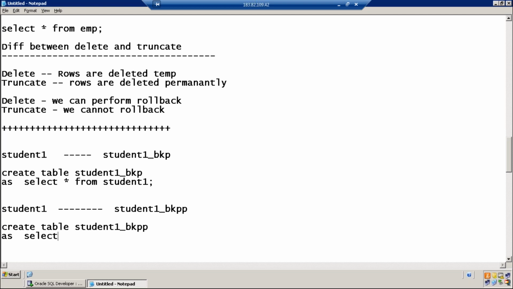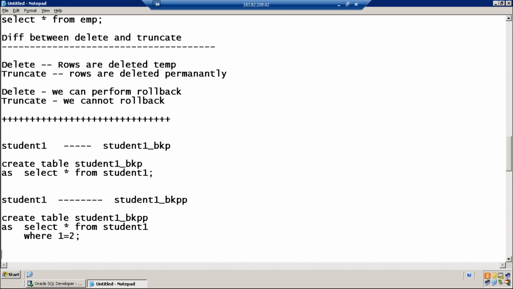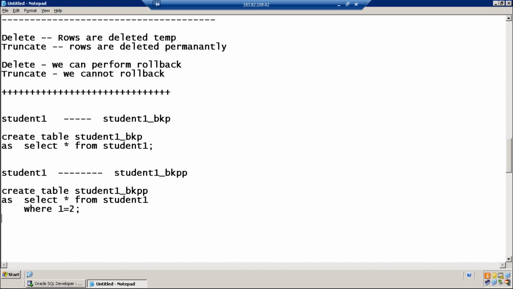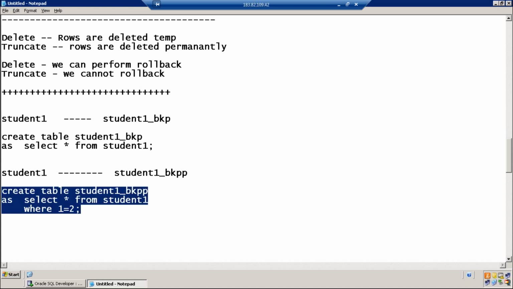As select where 1 equals to 1. In general practice, in real time, we use 1 equal to 2. Are you understanding? Yeah. A 1 equal to 2 select statement will not result in any data, so data is not copied, only the structure is created.